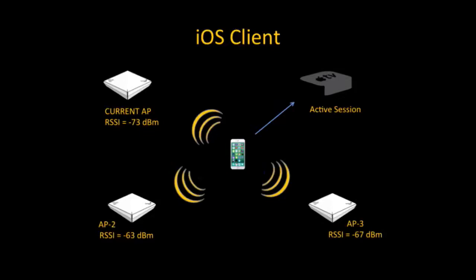If we have an iOS device in the middle, it has an active session to an Apple TV device. It's currently connected to an AP. It crosses that -70. It's currently at -73, and it's looking for APs that it can join. The 2 APs on the bottom have really good signals, like -67, great strong signal, -63, even better. In an active session, that iOS device would only roam to AP2, even though it's quite a bit better. And if it wasn't an active session, that iOS device wouldn't roam at all, right? It would stay connected to the current AP until there's a difference of at least 12 dB before it roams,